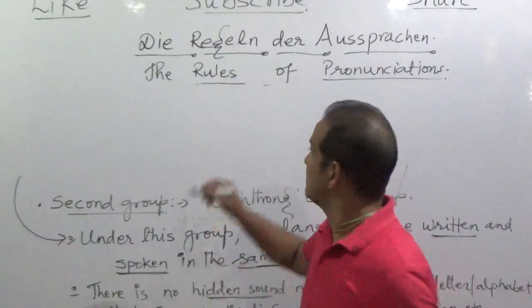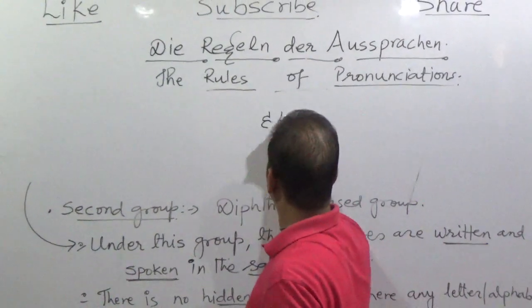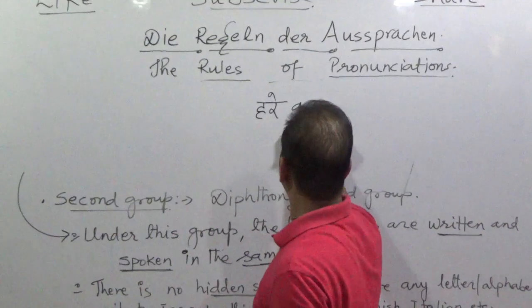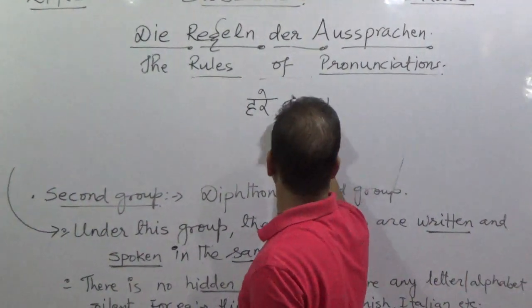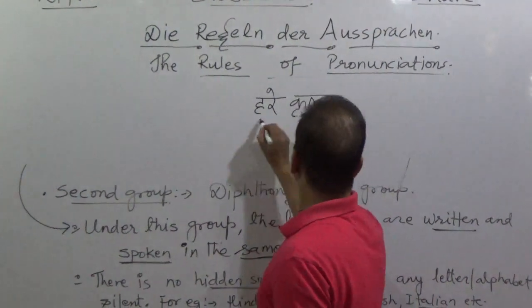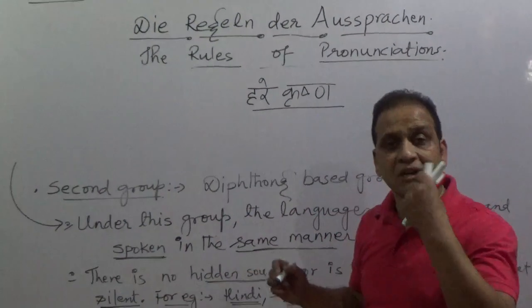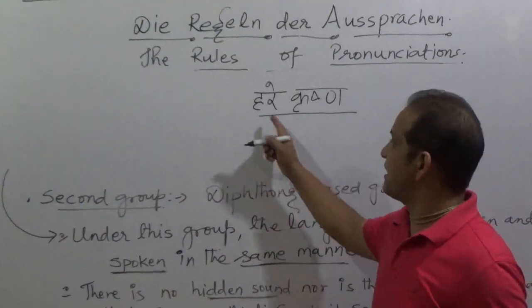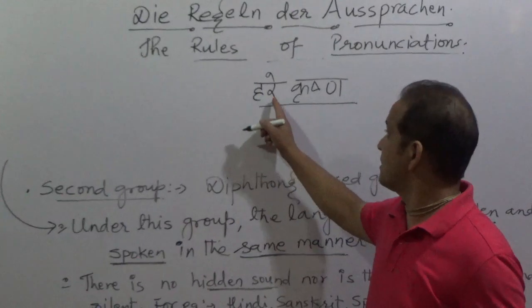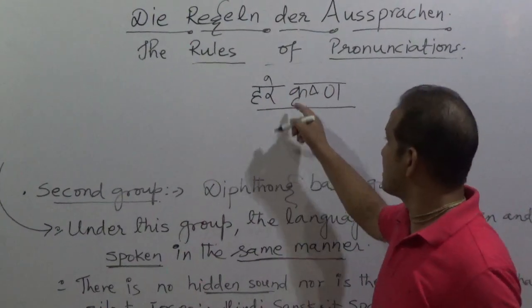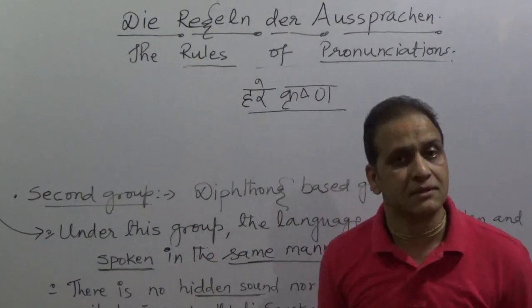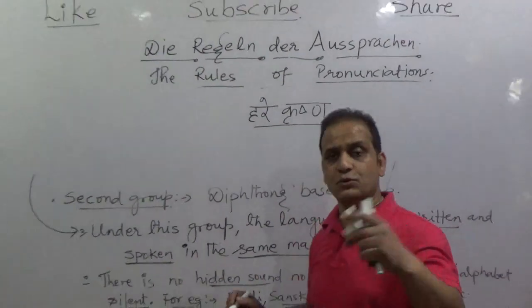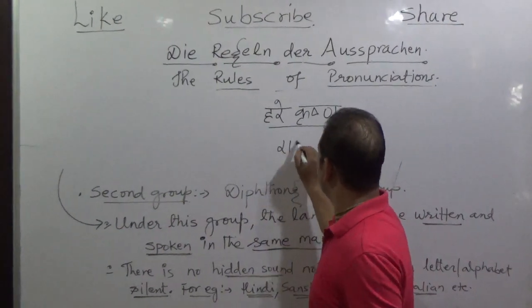Hare Krishna: Ha, Ra, E, Ka, Ra, Sa, Na. Whatever I spoke, I have written everything over here. Ha, Ra, E ki matra, Ka, Ra, Sa, Na. Hare Krishna. Or if I ask you to read this,